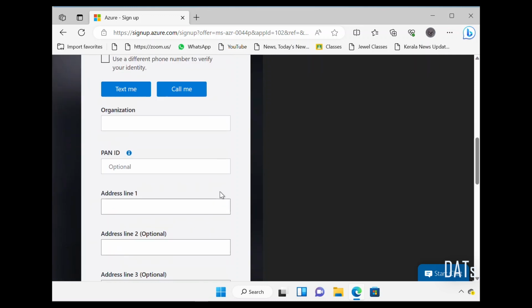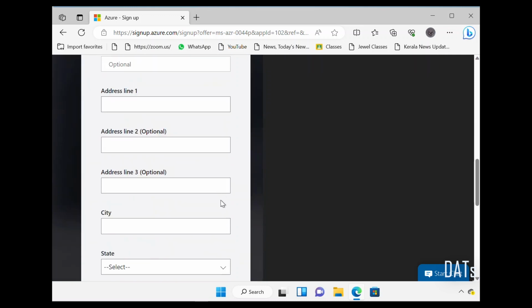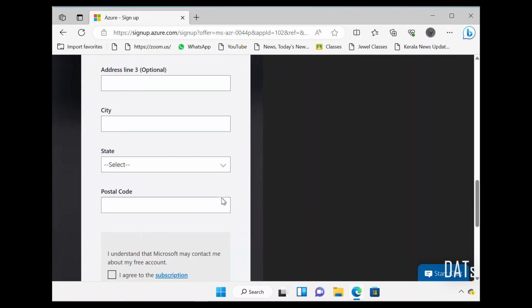Once you complete, you can agree to the terms and conditions, then click next.